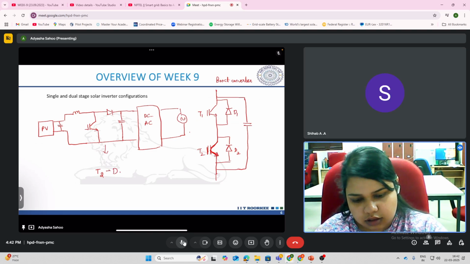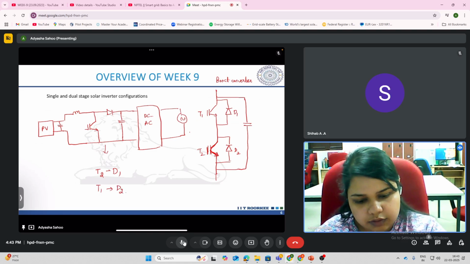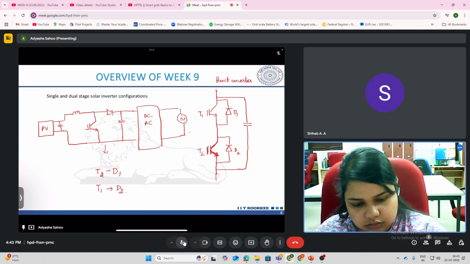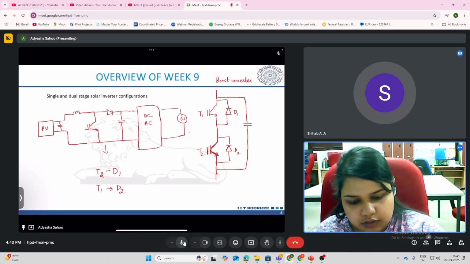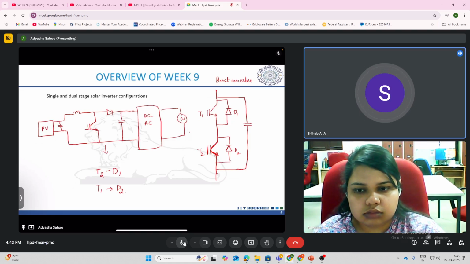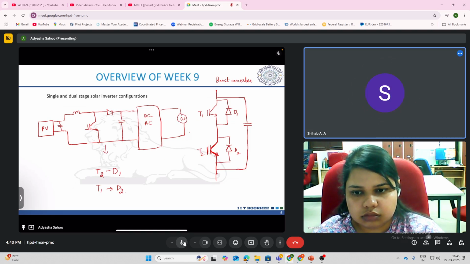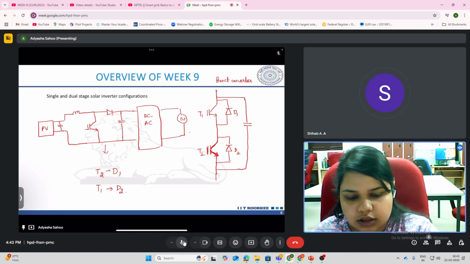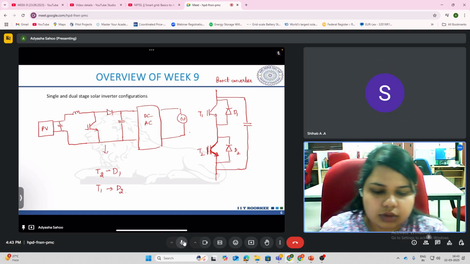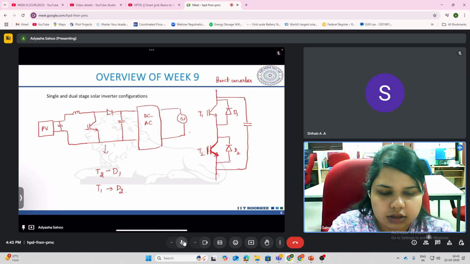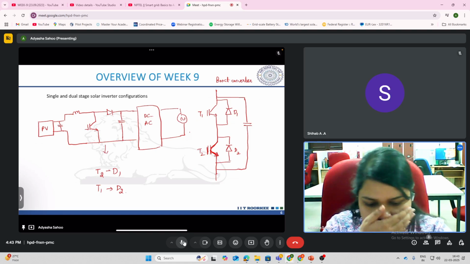And if I take T1, then D2 is in series. These are the available connections with you. Now, depending upon how you want to use them,